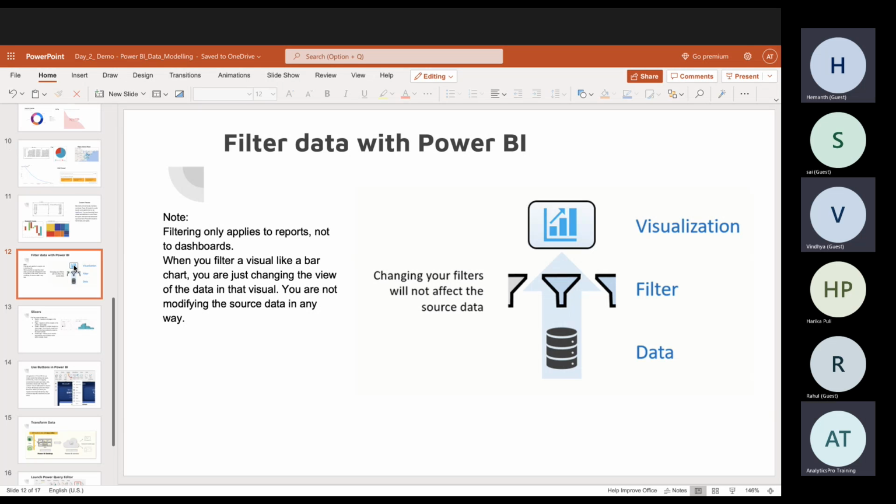We don't delete it, right? We don't have to delete the data from the source. We have to control the data within your Power BI as well. You have to filter what's required and ignore the ones which are not required. How do you do that? You have to filter it. So when you apply the filters within your Power BI to see what is required and what's not, it will not affect the source, correct? So that is what it means. Changing your filters will not affect your source data. Now that is important. Your data is there, you will apply some filters and that's how your visualization will show.